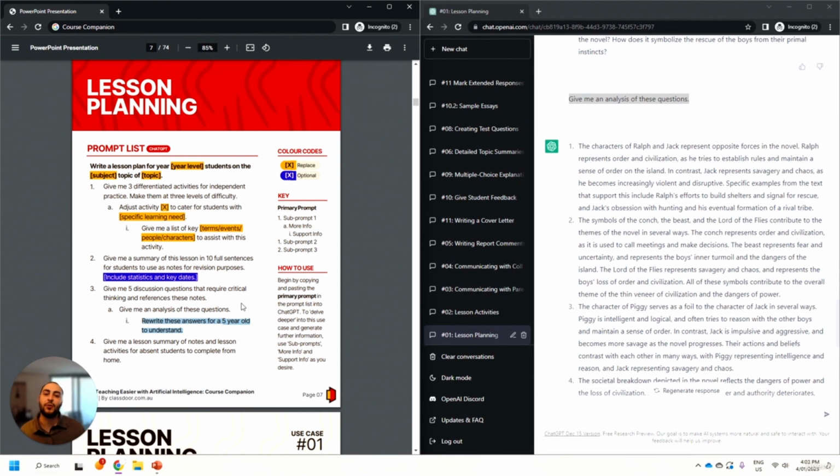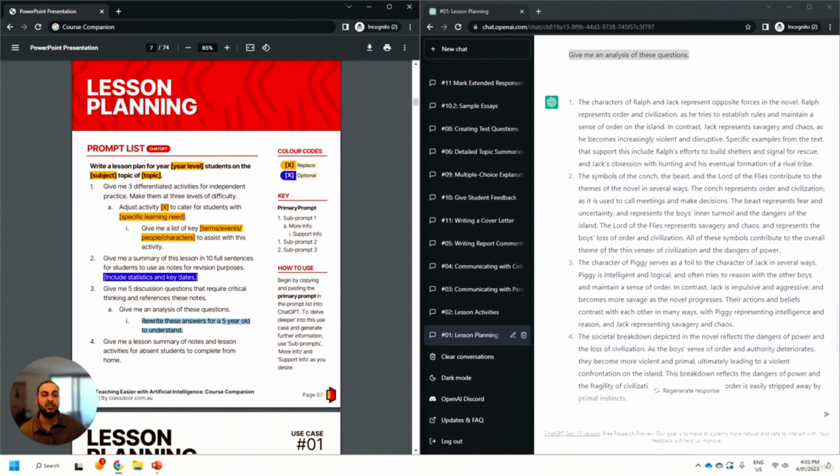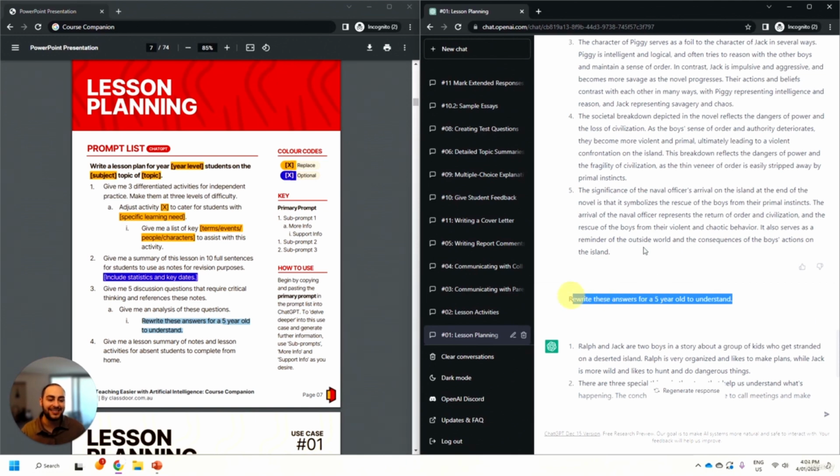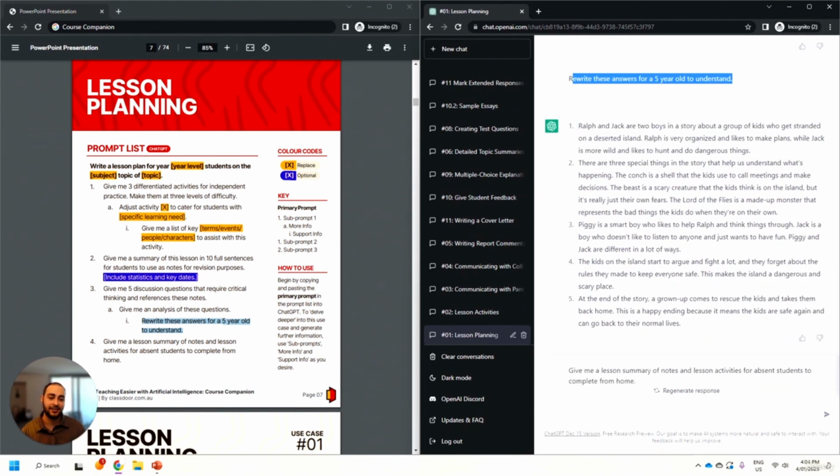And then for students again that might need some more support, a supporting information prompt is a really, really powerful thing. And I've used this one quite often in our practical use case. Is if you ask ChatGPT to give you an answer to any question that you might use in the classroom, by giving it the prompt, rewrite these answers for a 5-year-old to understand, quite literally does that. It rewrites any output that an adult would be able to understand quite easily into more simplified language for your students. This means that you can use ChatGPT from primary school right up to secondary school, and even beyond that. You can actually tailor the output to put it at a point of need for your students for them to achieve maximum understanding. And isn't that just fantastic?